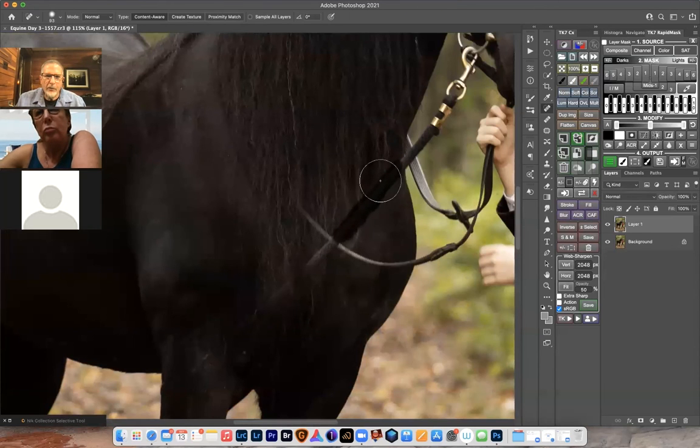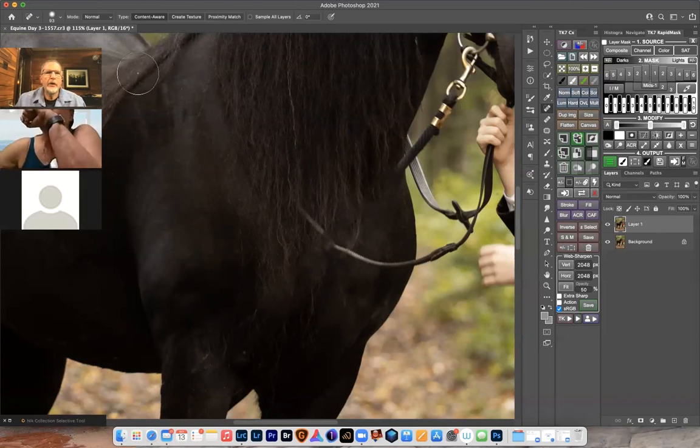And then typically what I will do is do either side of the rope, or either side of, say, this lead rope, and then I will do the lead rope itself. And it will oftentimes do a pretty decent job of fixing it. And it got a little soft in here, so I'm going to fix that otherwise. But watch up in here. I'm going to make certain that my